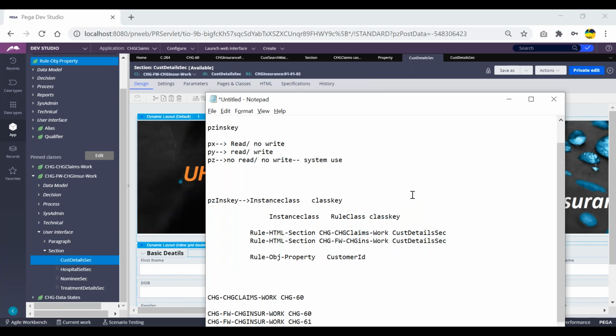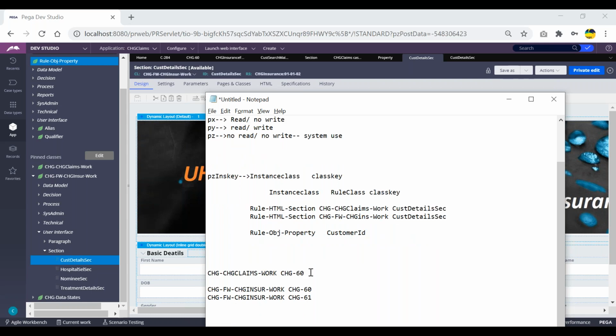Is this applicable for the work object IDs? For work object IDs, we see something like this only all the time. Are we getting anything like rule class and instance class? Both will be the same. So the instance class is the same one as well as the rule class.